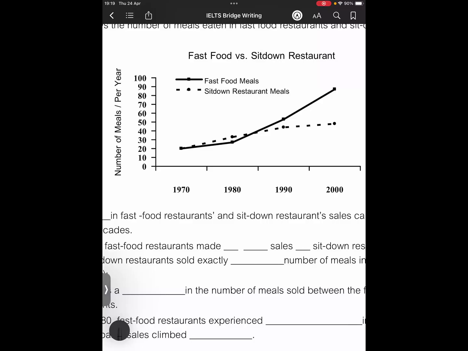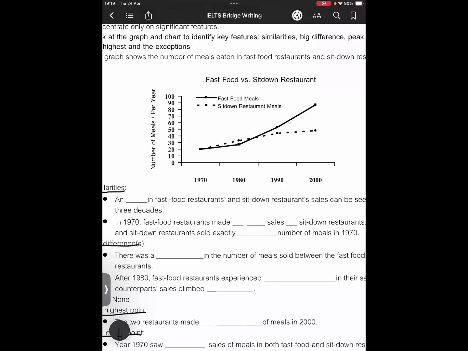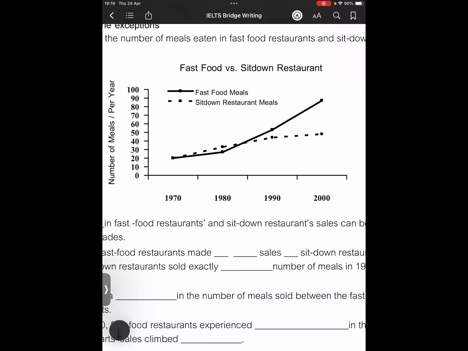So it could be assumed just by looking at the chart that they were doing a good business, because the sales went up throughout the entire 30 years. So that's one thing we found, right? Both restaurants had an increase in sales for 30 years. All right, now if we